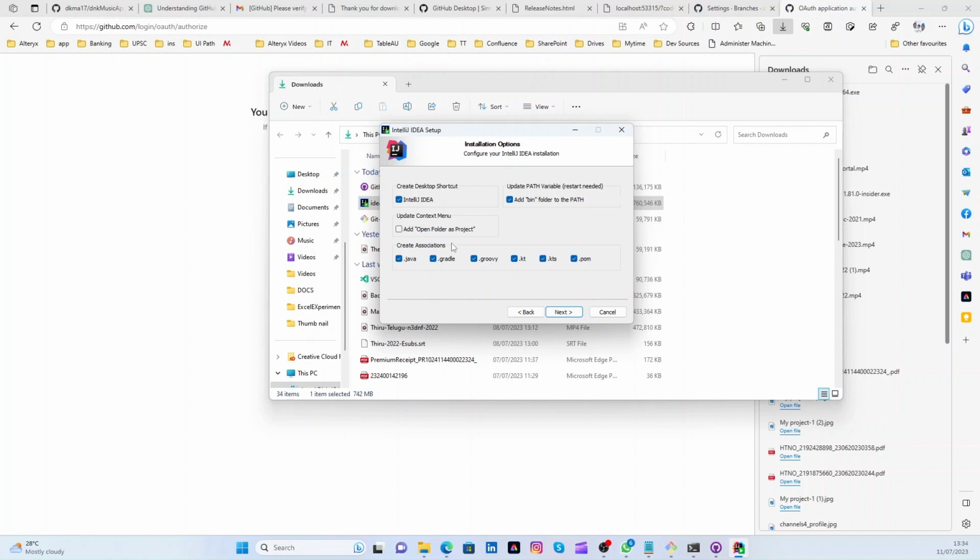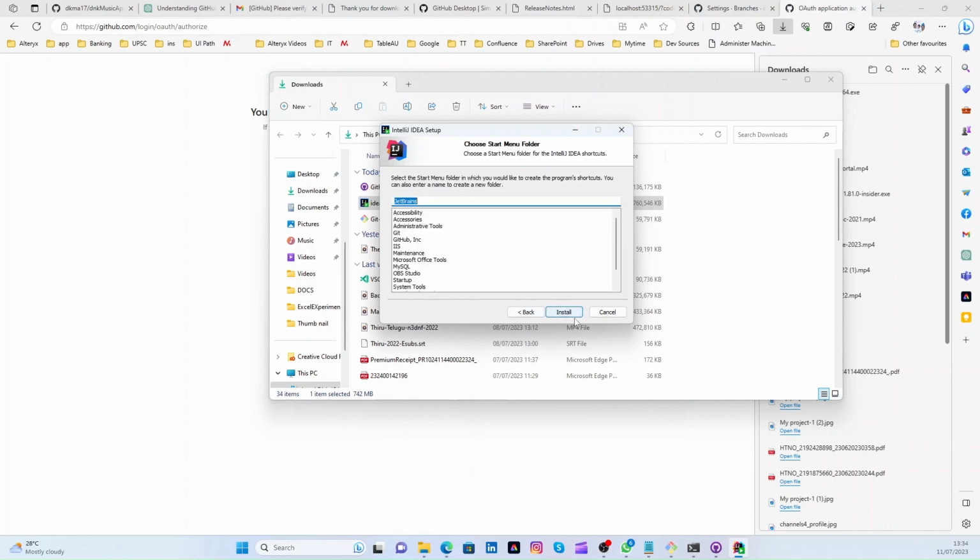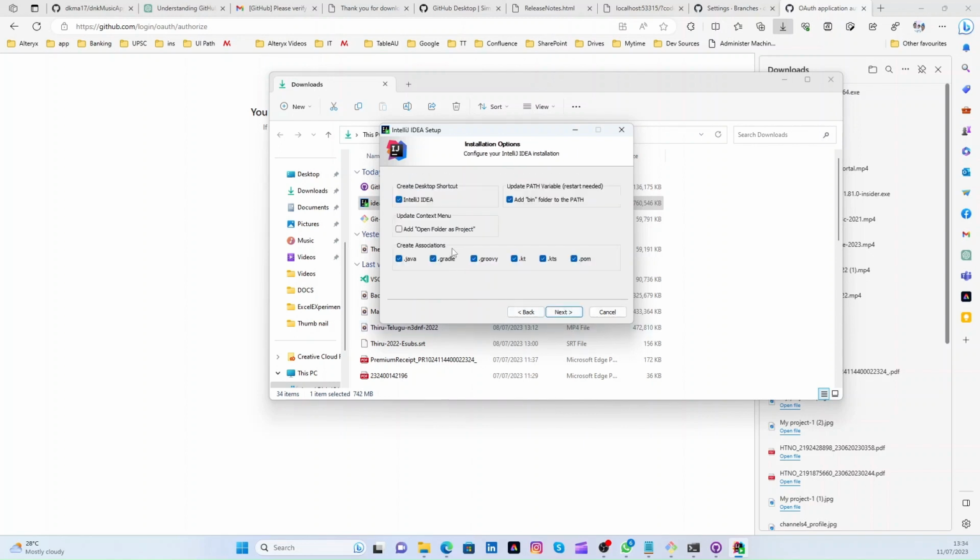Right. Open folder as a project. No. Okay. Let's keep this also. Right. No. Okay, let's keep this also. Right. Now install. Okay. Now we are going to create a simple